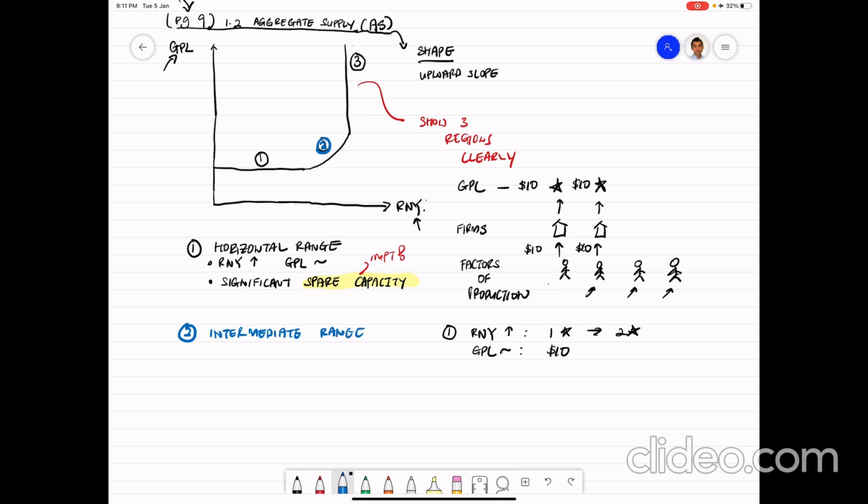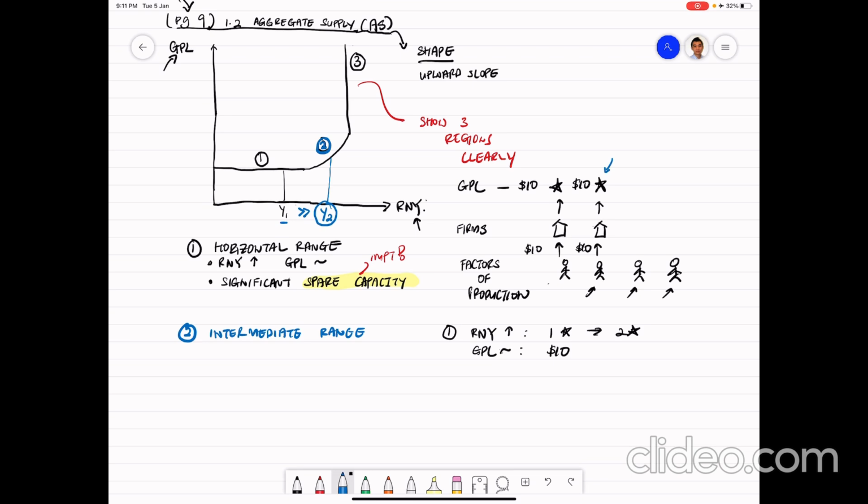Okay, so this is a case where if you notice in region 2, you are producing more goods and services, right? If you compare the amount of goods and services, the x coordinate y2 is larger than the x coordinate y1. So maybe I'm already producing 2 stars, right? I'm already producing 2 stars. So if I'm already producing more, what you notice also is that I only have 2